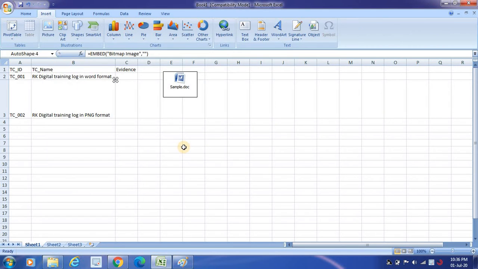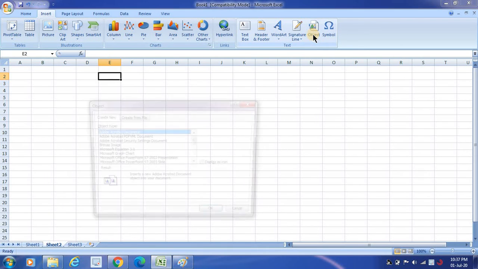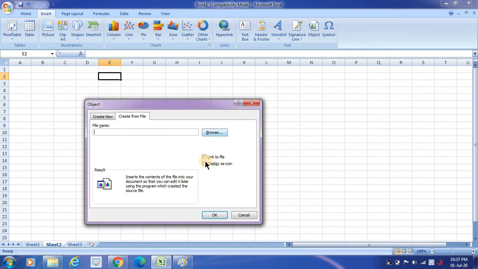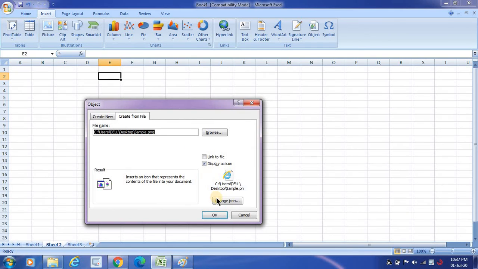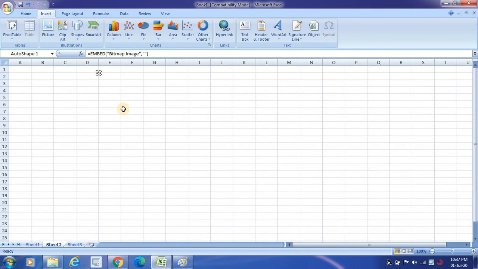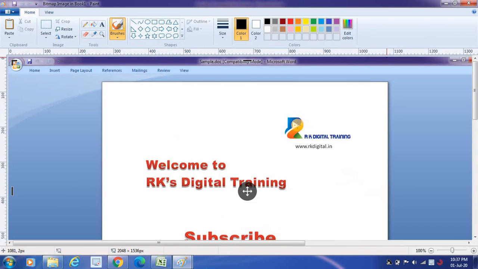So you can close this document. So if you wanted to do it separately, just make use of the same steps, and then you should be able to do that. So if you wanted to see it clearly, let's say I'll show you, you may not be able to see that properly there. Just click on this, OK, and then create from file, then display as an icon, click on browse, and then sample.png, and then click on OK. Then automatically you should be able to see this icon. See here, you can drag this, then sometimes it may not show, but if you double click on it, automatically you will be able to see the document.